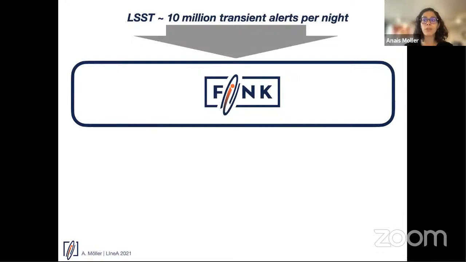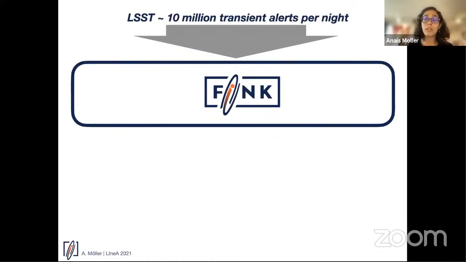If you have ever worked with difference image analysis, you will know that there are a lot of artifacts generated by the difference imaging. So you have a detection which is really a problem with the subtraction, a problem with saturated stars, sometimes diffraction patterns, etc. So we don't want to say that that's a real transient in the sky. So the first thing is that we do quality cuts.